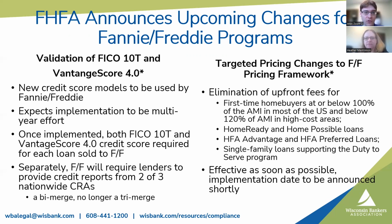So for the new credit score models on the left, FHFA has implemented FICO 10T and Vantage Score 4.0, which will be replacing the classic FICO. FHFA expects that this will be a multi-year implementation, so it will take some time to roll out. But after that, the requirement will be for lenders to deliver the new credit scores with each loan sold to